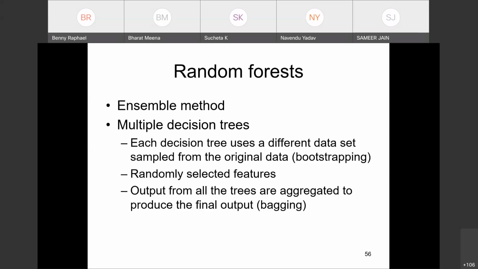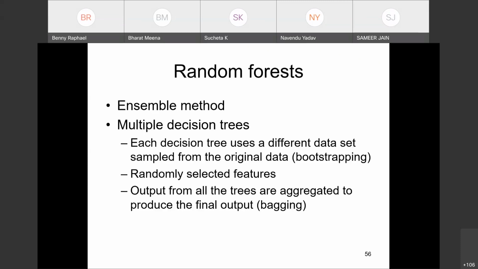So there are a number of ensemble methods, and one of them is the random forest. So you don't predict using one tree alone. You create multiple decision trees and see how the prediction changes in the whole forest itself. So this is the idea of an ensemble method. Now, if you strictly follow the ID3 algorithm, there is only one decomposition. At any stage, you select the one with the maximum reduction in the entropy. So you get only one.